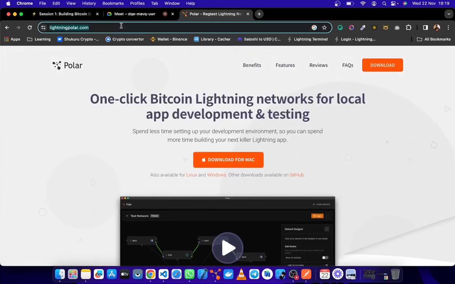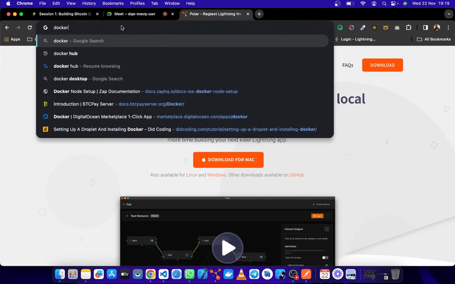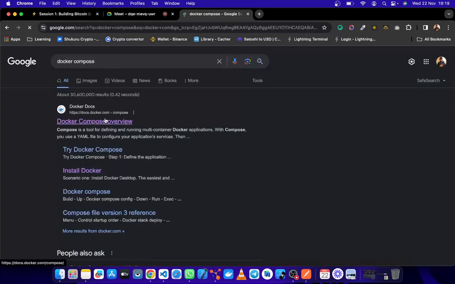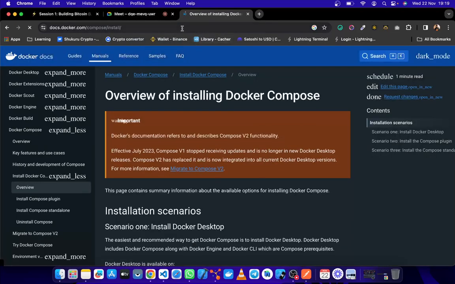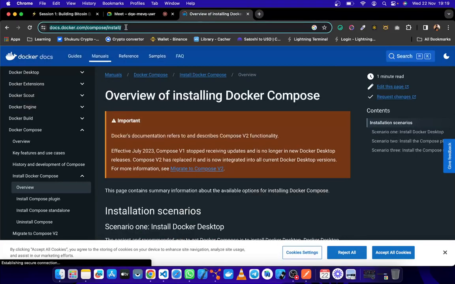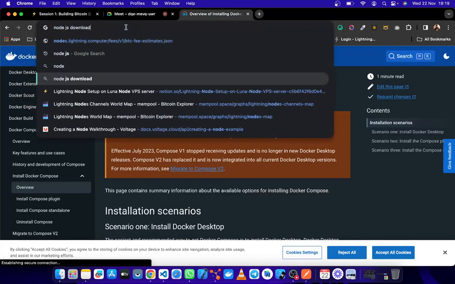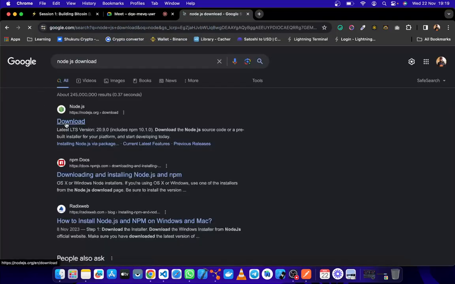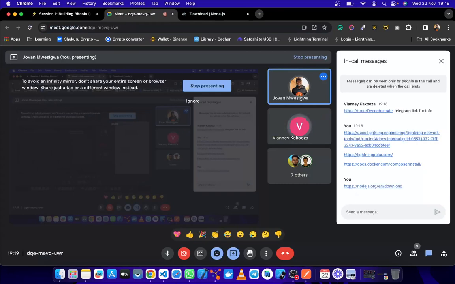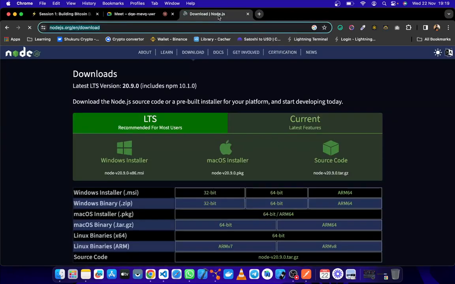Polar will need you to have Docker if you're trying to install it. So it uses Docker Compose. If you go and download Docker, I think it's called Docker Desktop, and it comes with Docker Compose. Install it on your PC, and you'll be good to go. And then we'll also be using Node.js. Any scripting language that you want can work. Basically, any language that can make API calls. You can use Python, you can use Node.js, anything, provided it allows you to make HTTP calls, that can work